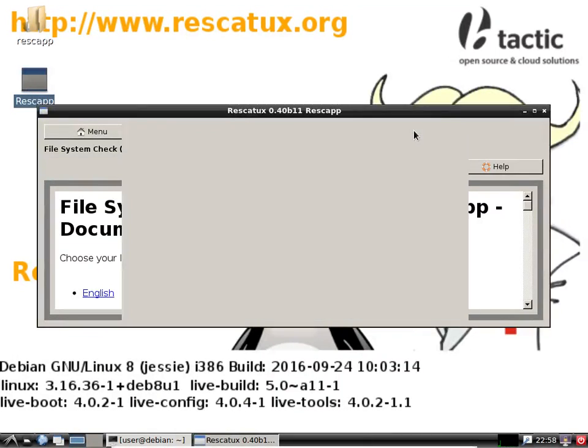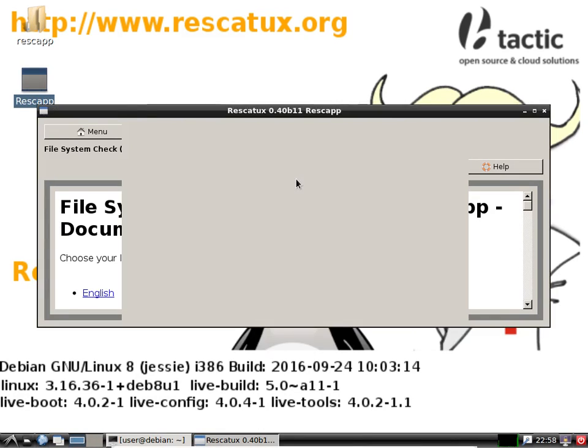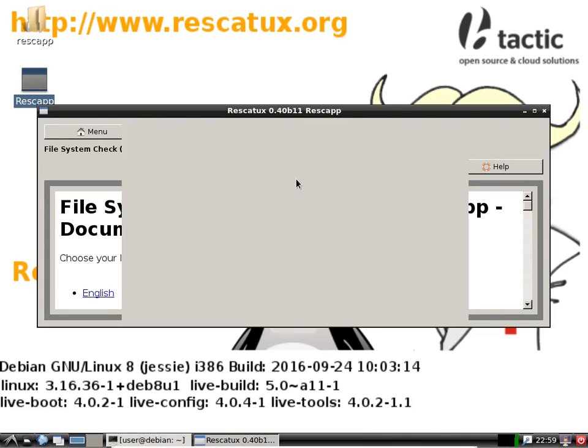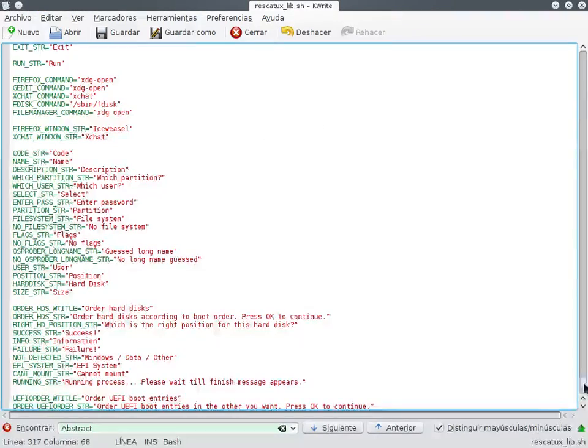Okay, let's run this again because I don't understand. I do not understand where the problem is, but maybe the problem is with what happens when there's no partition and you run OSProbe. So here, the OSProbe test,